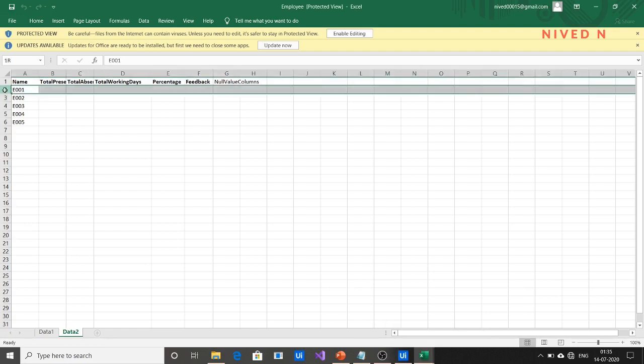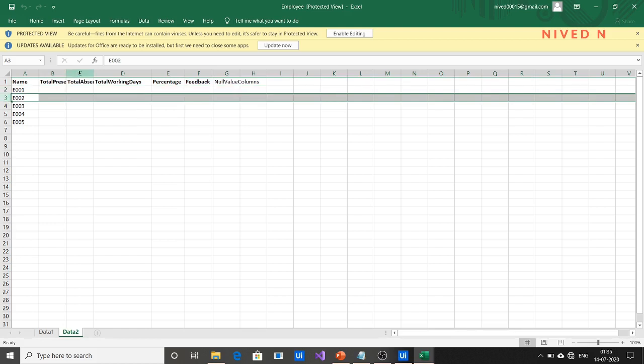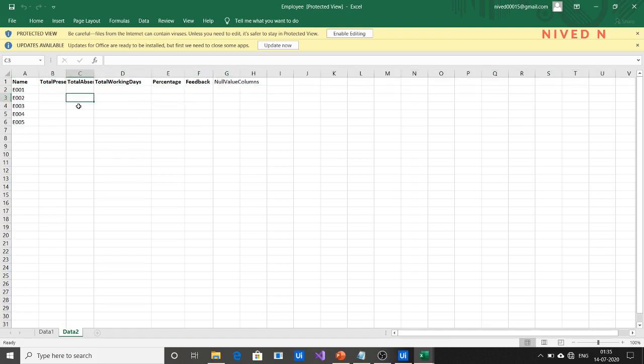We know that for employee E01, the total absentees has to be written in C2. For E02, absentees is written in C3. For E003, the absentees data is written in C4, and for E004, the total absentees is written in C5.